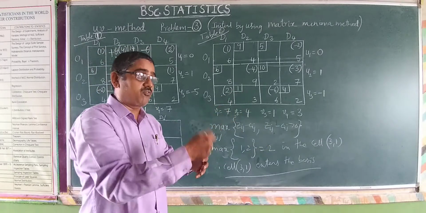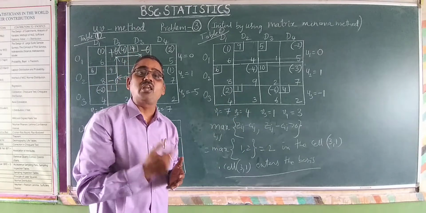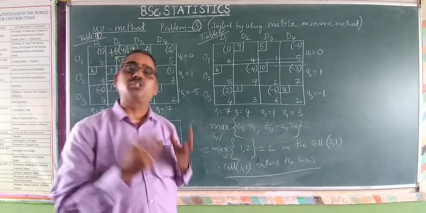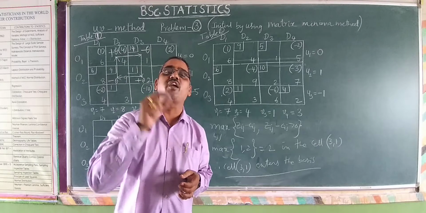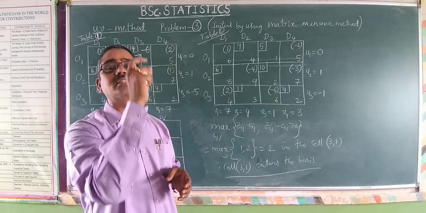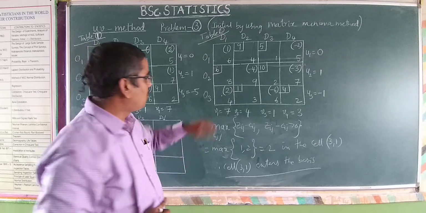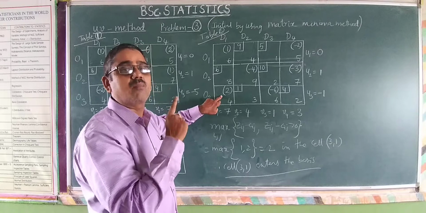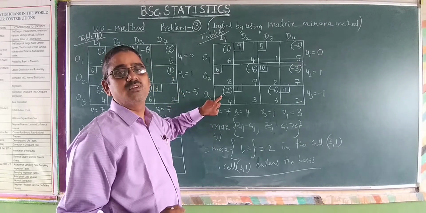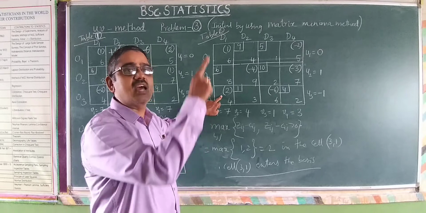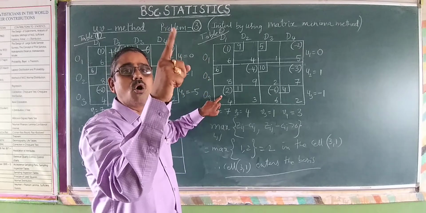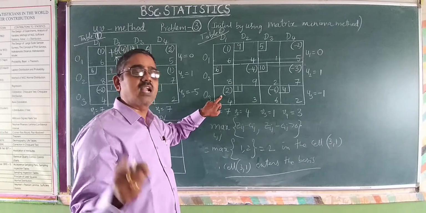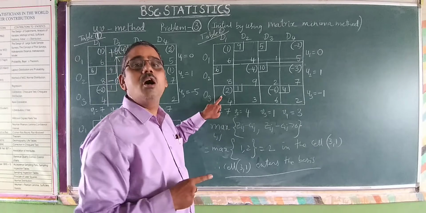After finding which non-basic cell enters into the basis, we have to identify a closed loop which starts and ends at the same entering non-basic cell. You have to prepare a loop which starts here and ends here by connecting only basic cells. You go in a particular direction, then turn to the row, then turn to the column, and so on, and then come back to this particular cell.